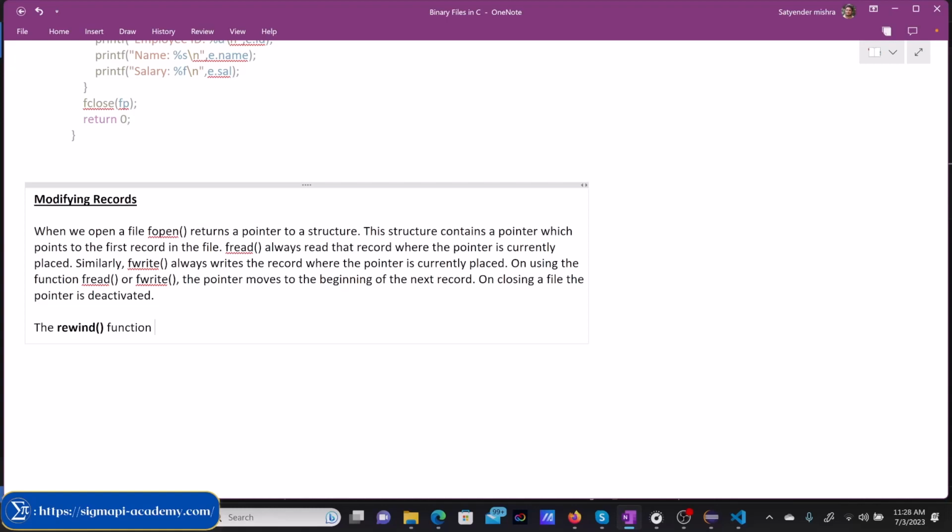So similarly, rewind function is there, right? So rewind function places the pointer to the beginning of the file, irrespective of where